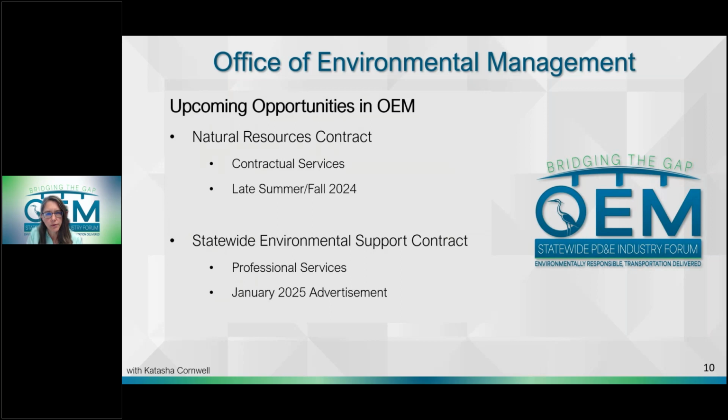It will be a contractual services contract or a B contract. It'll be a $2 million contract over 5 years. And some of the general tasks that you could expect in this contract would include natural resource evaluation reviews, writing updates to the NRE guidance documents that we have, developing programmatic approaches for species, or supporting existing programmatics, helping out with wildlife crossing guidelines or other